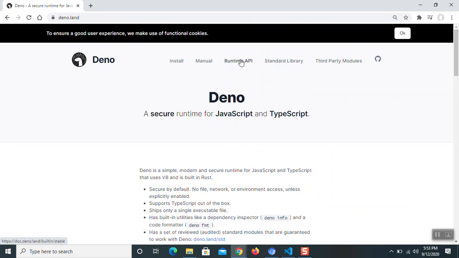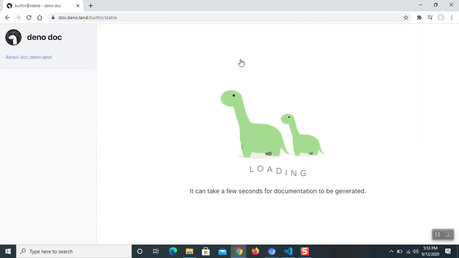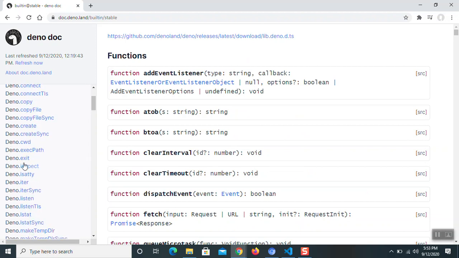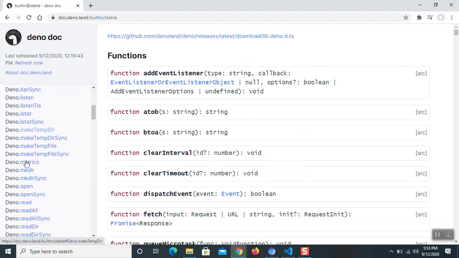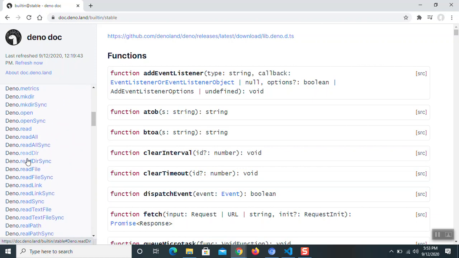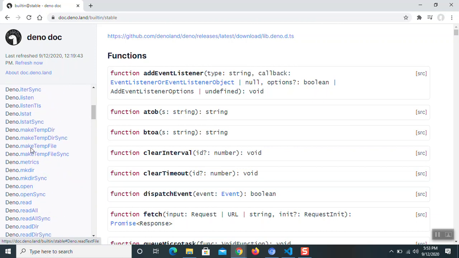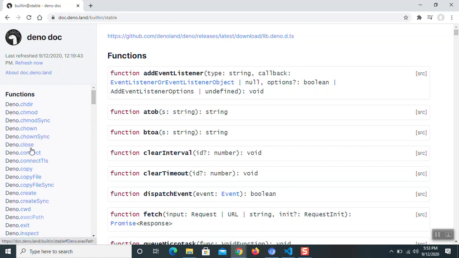Head over to Runtime API. This site lists all of the functions that Deno makes available out of the box. That is, these are the functions that we can use explicitly without importing them. So let's take a look at what we have here. Alright, if you scroll down,